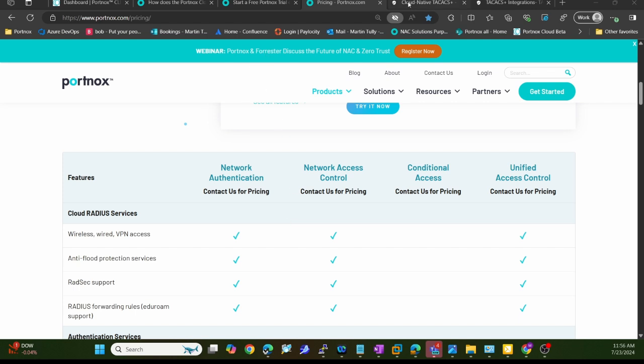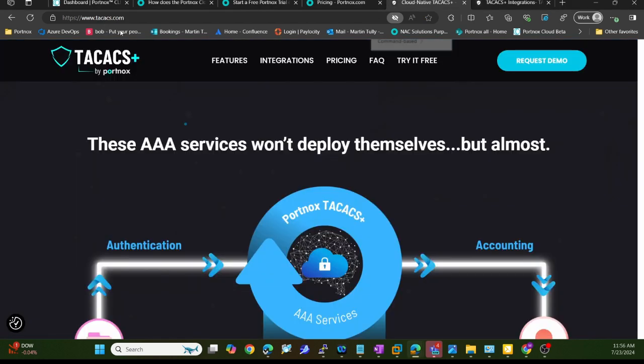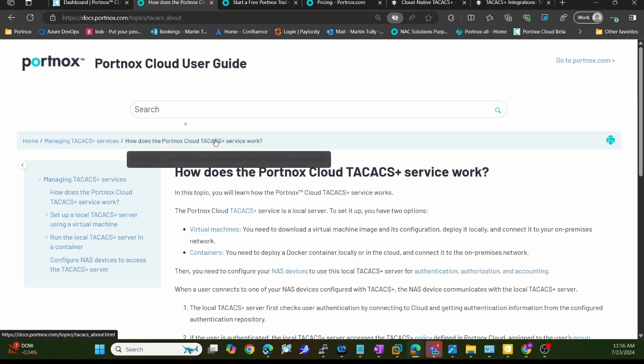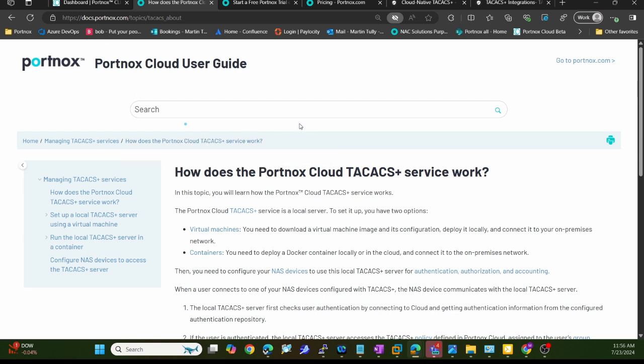We also have some great documentation. If you go to tacacs.com, there is some great information about the features, integrations, pricing, and FAQs. All that is here, as well as on docs.portnox.com, which gives you the complete step-by-step process on how to set